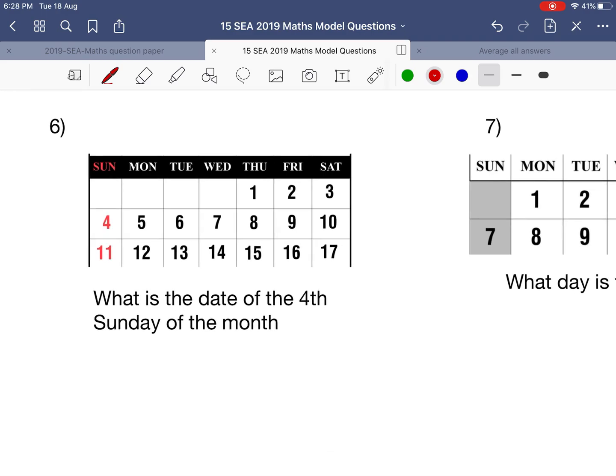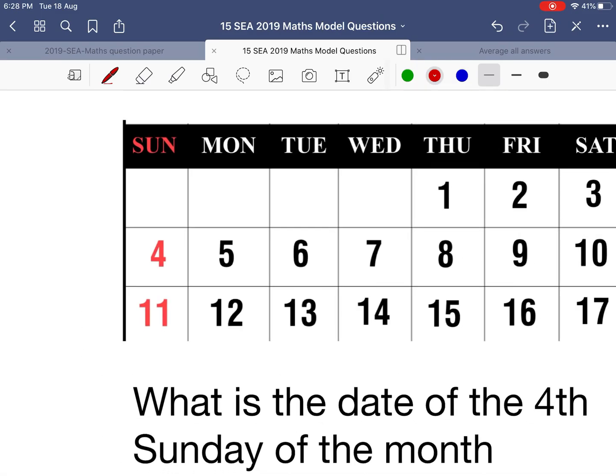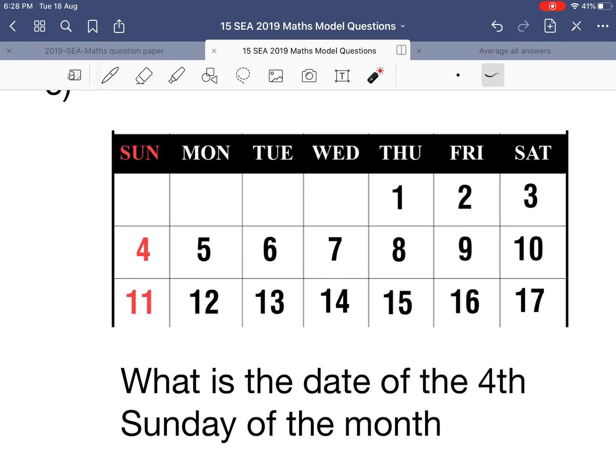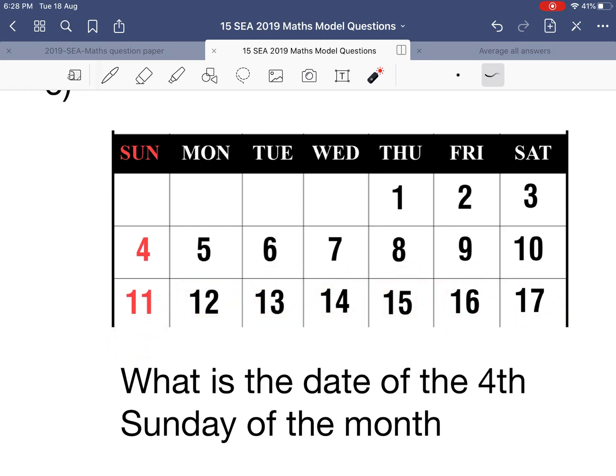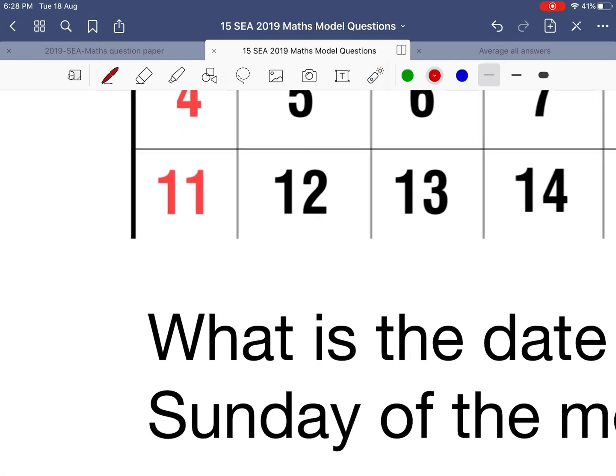Next question, number 6. What is the date of the 4th Sunday of the month? So we can see that we have so far the first Sunday and then the second Sunday. So of course in 1 week there are 7 days. So to get to the next Sunday we must add 1, 2, 3, 4, 5, 6, 7 days. And to the next Sunday would be 7 more. So 7 and 7 will give you 14. So we must add 14 days to the 11th in order to get the